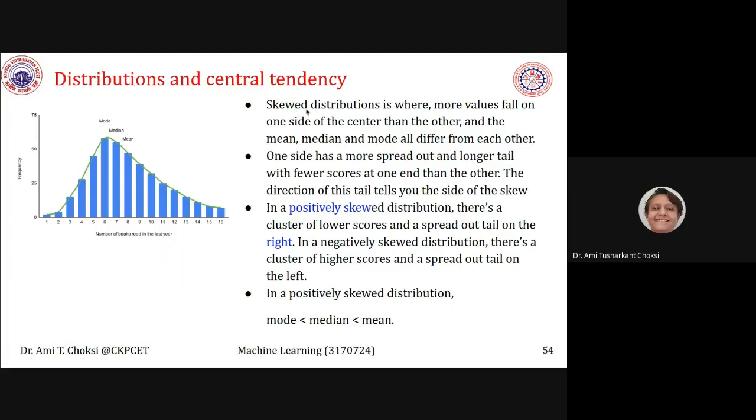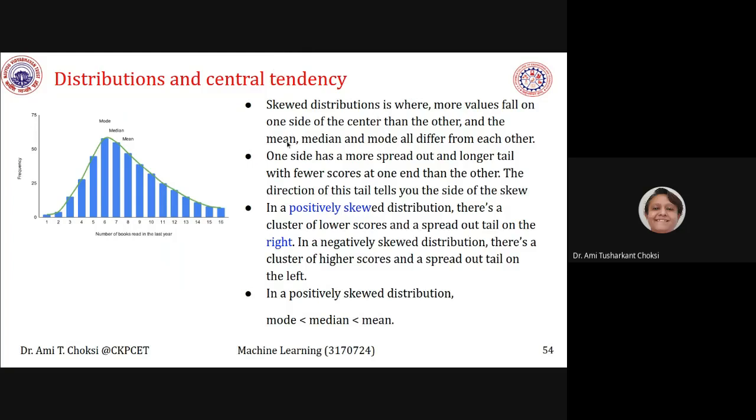We want to say that in normal distribution, from the center both ways we have uniform values falling, but in skewed distribution, more values fall either on the left side or on the right side of the center, right?